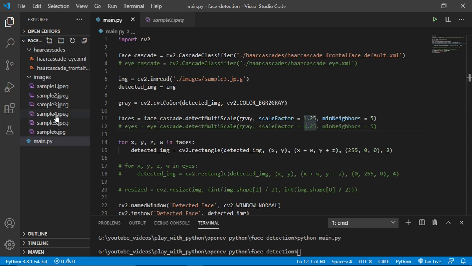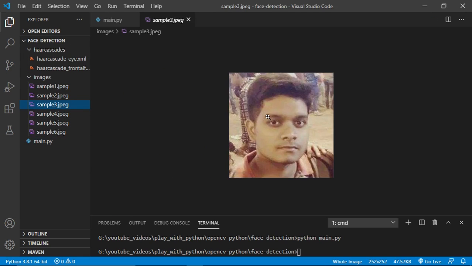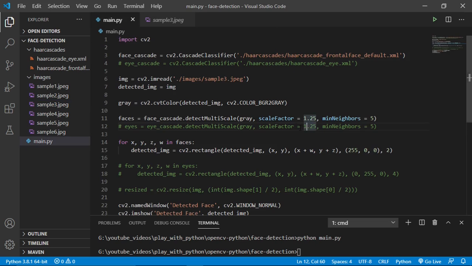All that means is, let's say this is my image. An image is nothing but a grid of pixels, right? So this is the original size and original dimension, and it looks for those features. If it finds them, perfectly okay. If it doesn't find them, it scales down by this amount. I have given 1.25 here, so it scales down by 25%.